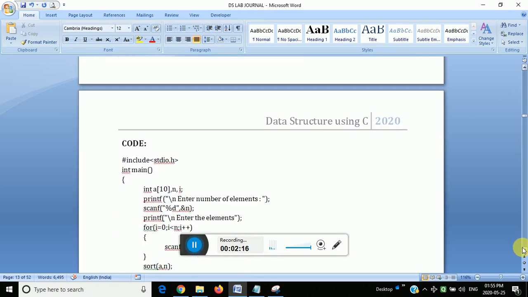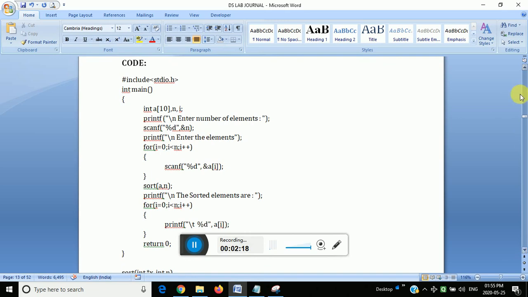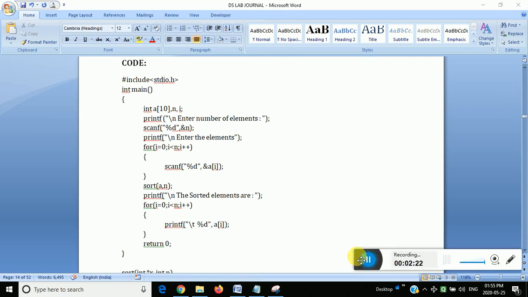So here the code is there. In this code, what is there? Hash include stdio.h, main function, a of 10, n, enter number of elements. The number of elements has been entered. After that it will accept the elements one by one, all the elements, and then it will call the function.